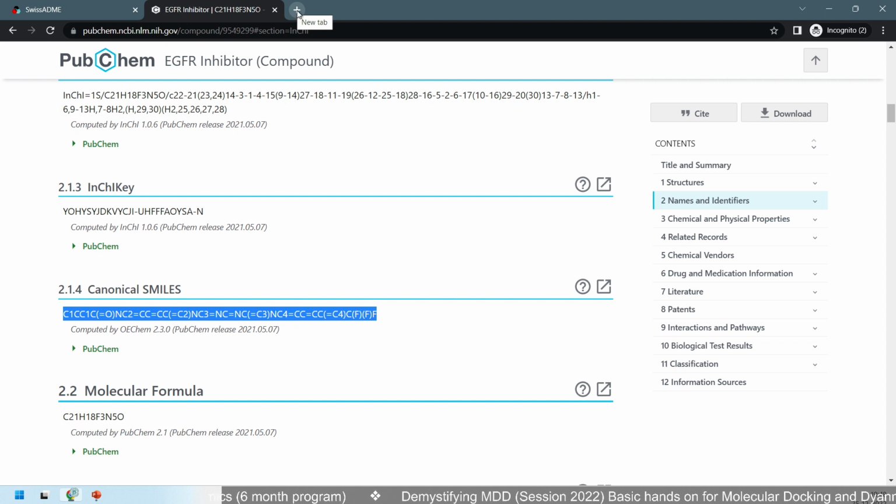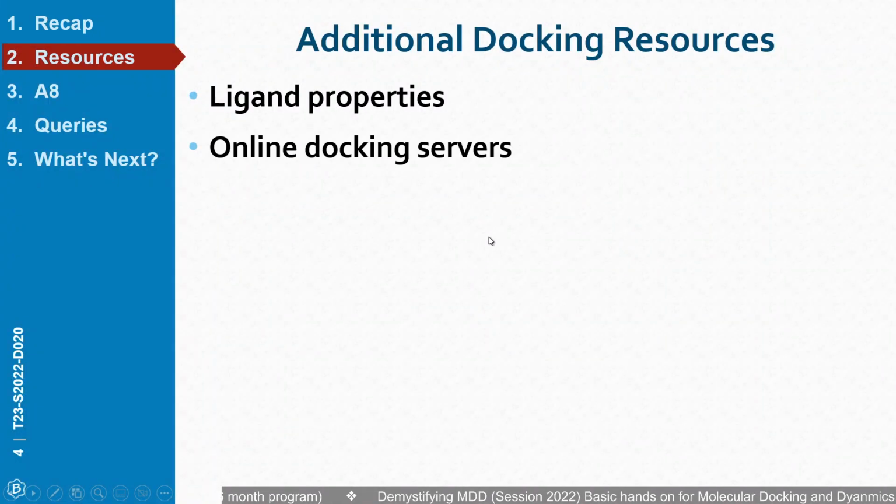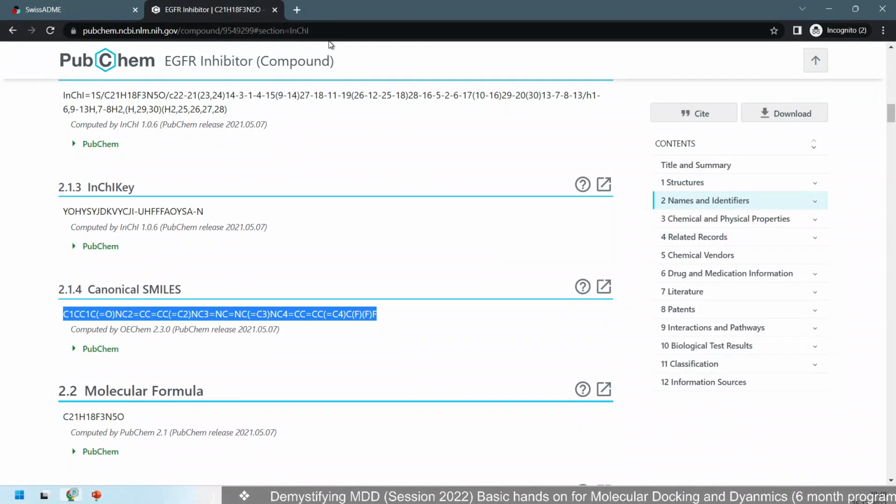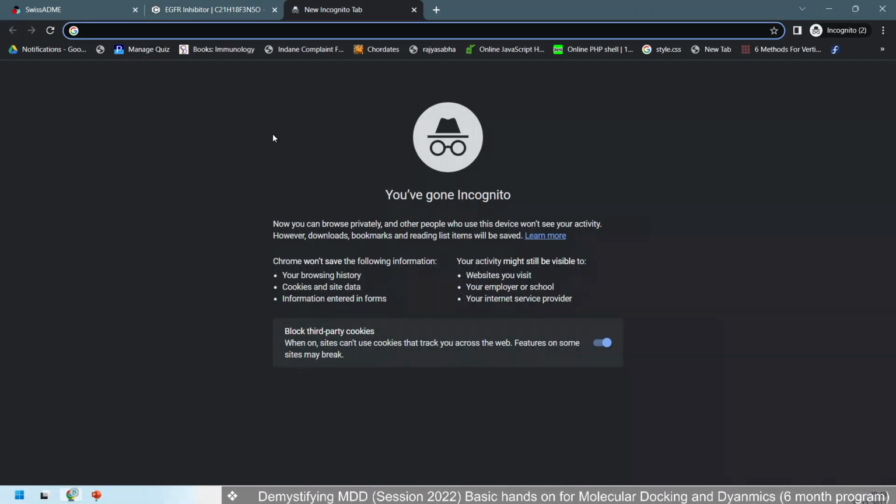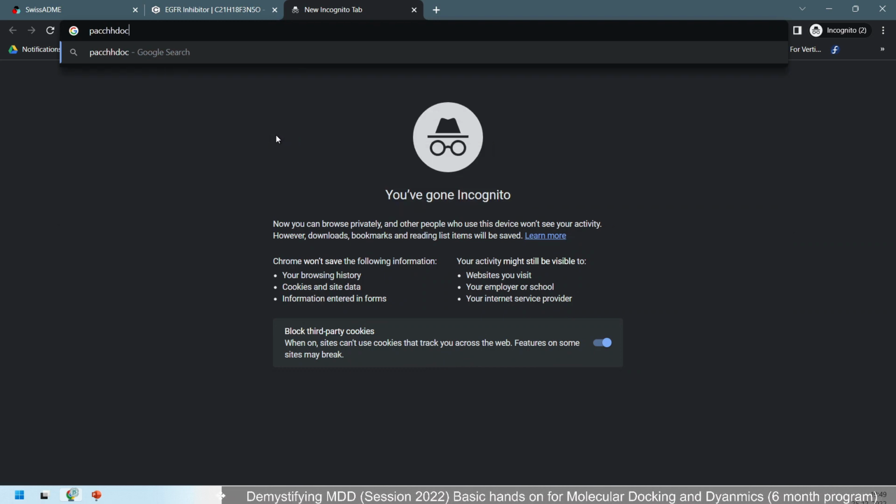So these things will be easier for you to understand. And next we are going to find some online docking servers where you can perform protein docking, because for protein docking or other types of things, heavy computational resources are required and you might not be able to find those. So for that, the first online web server in our list is PatchDock, which performs